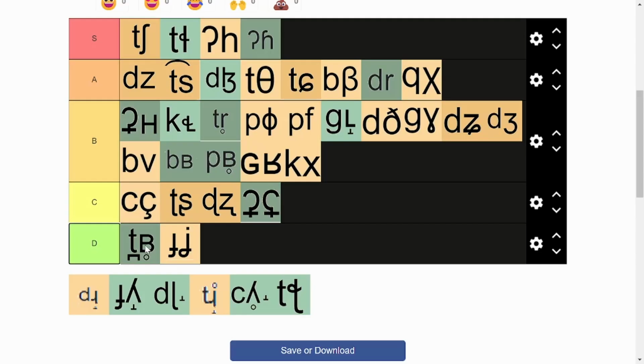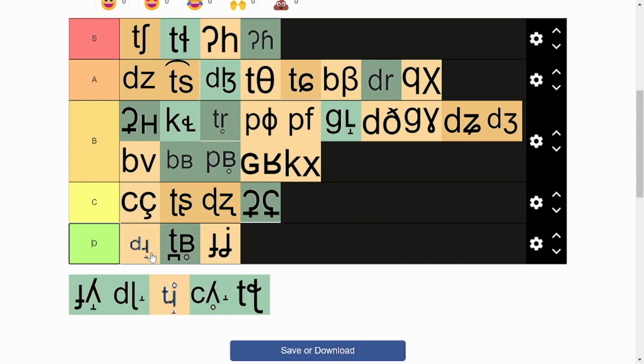Let's see if we have any more pages. Oh, we don't have more pages. Oh no, we have a couple left here. These are all stuff that I couldn't find on Phoible. But I believe these ones, the tra and the dra, these are retroflex, by the way. Put them in the D, the retroflex non-sibilants. There's a perfectly good T and D before, and then you put a retroflex sound. No, I'm going to put them like this. But tra and dra, these